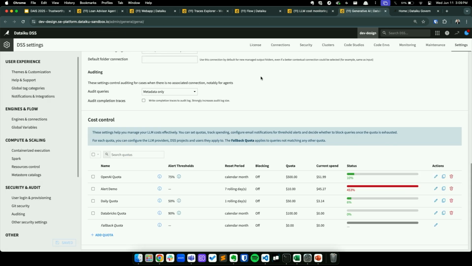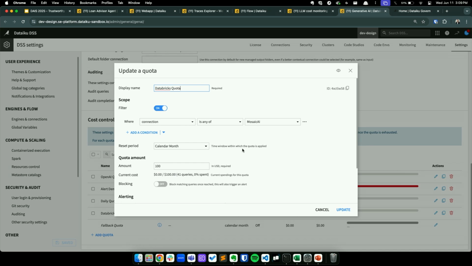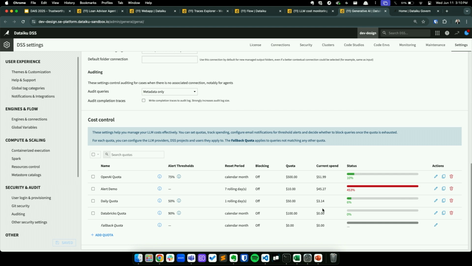And if I wanted to have a more proactive approach to monitoring these models, then I can certainly create a proactive blocking quota where I specify, if the cost for all of the queries to, let's say, Mosaic AI reaches some threshold that we specify, like $100, alert me of this, first of all, send me an email, and also maybe block any further queries from going, to stop it before it may be considered too late.